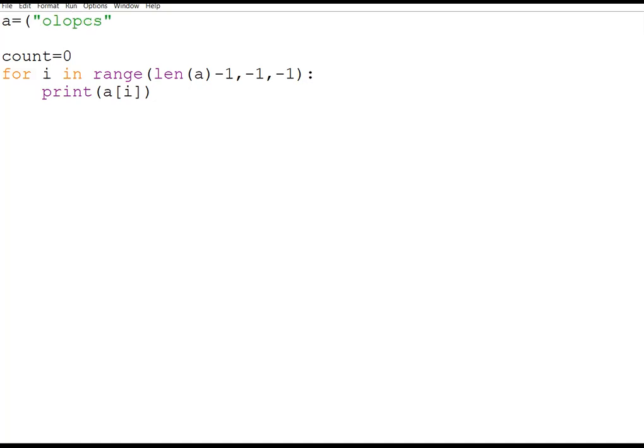And now see, if you have a tuple of words, OLO PCS, then computer, then science, then Python, what will be the answer this time?